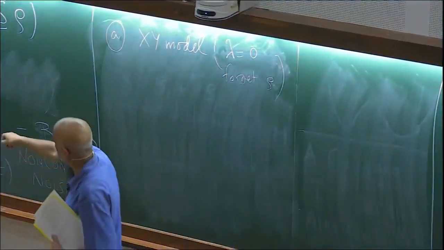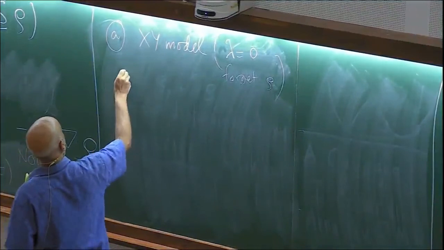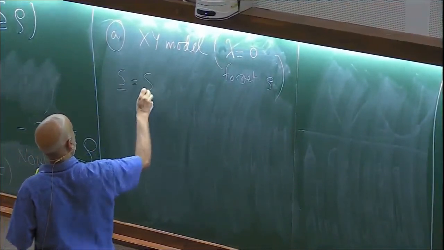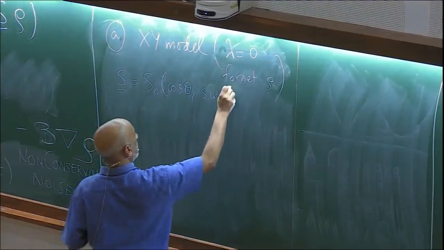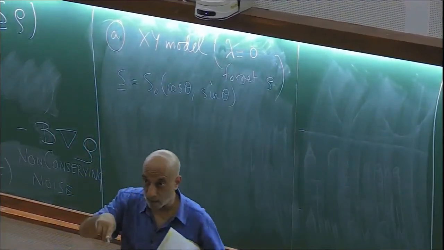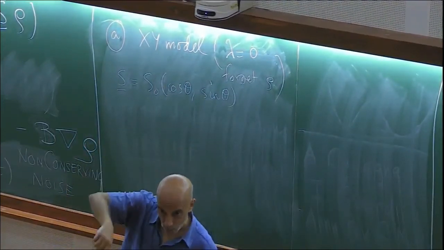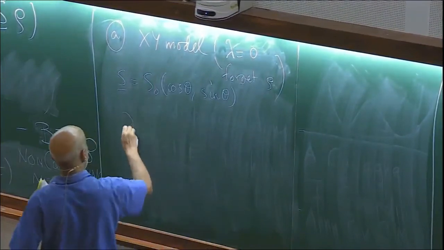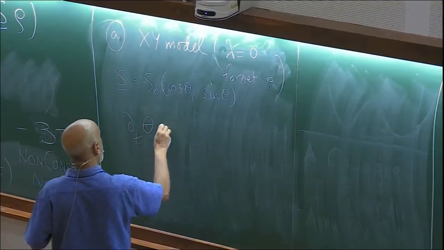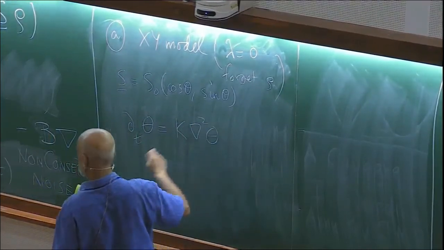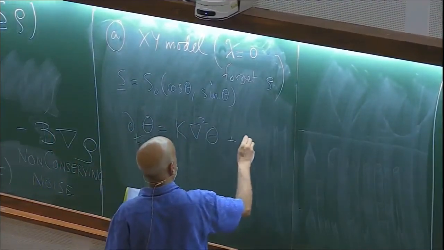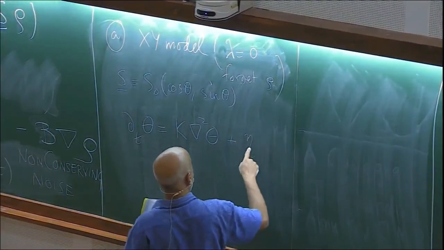So then what you have is, if you write S as S0 cosine theta sine theta, then as part of the assignment I gave you, you will have shown that the effective dynamics of theta is, plus a noise, and this noise